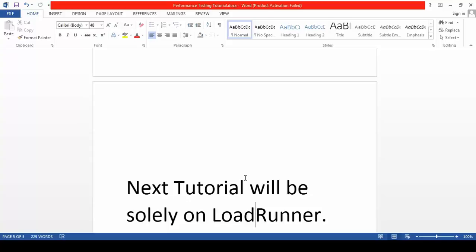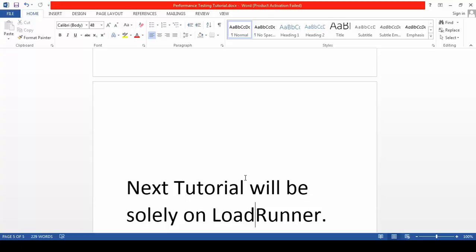I will first of all go into the various parts of LoadRunner: what are the components of LoadRunner? Then I will go into scripting for different protocols. I will go into details of how to do parameterization, correlation, and advanced correlation.